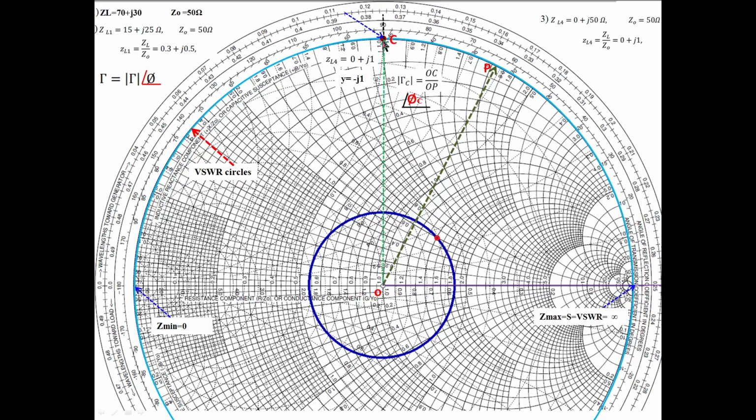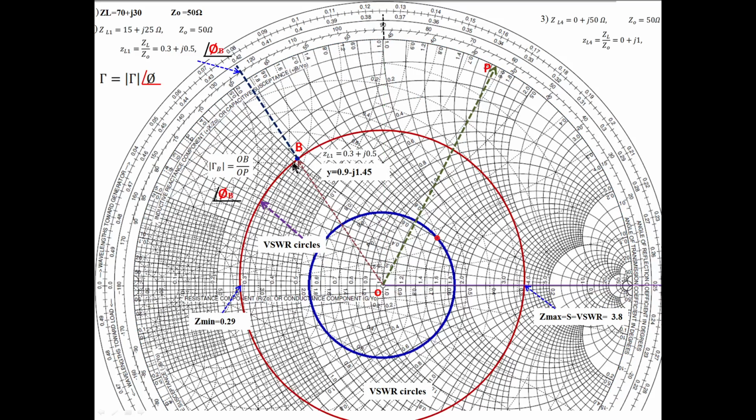If the load is on the R is equal to 0 circle, the distance we have to measure is from the center of the Smith chart to the load point, and that is the same as OP. But in the previous problems it is not like that. See, our load point is here in the previous problem. This is B. So the distance from the center of the Smith chart to point B is OB. OB is lesser than this OP, because our load point is here. So the reflection coefficient is not 1, it is some value.